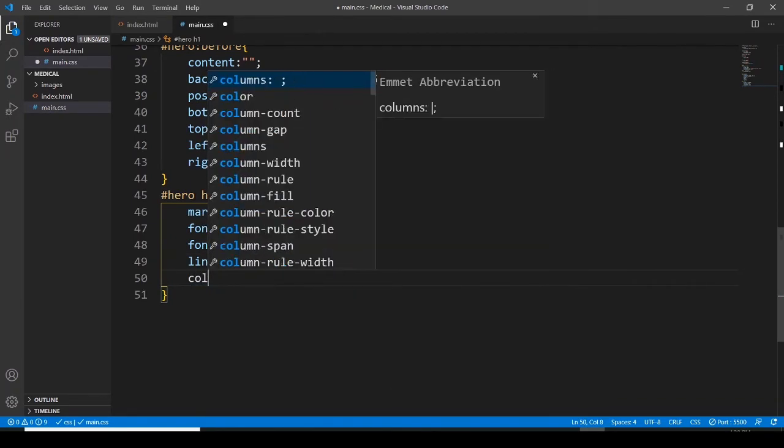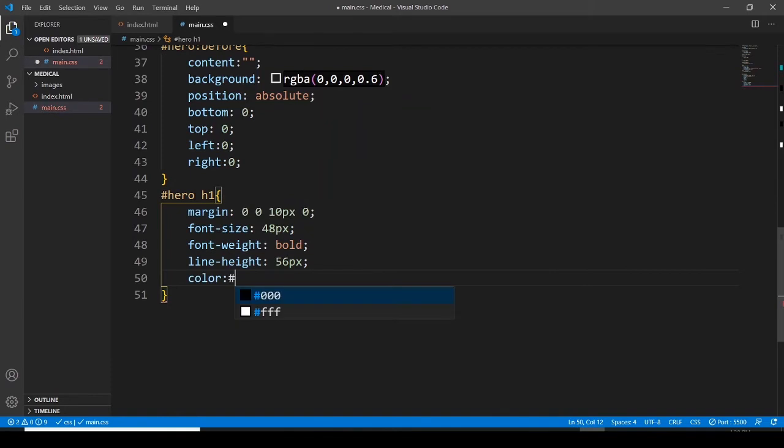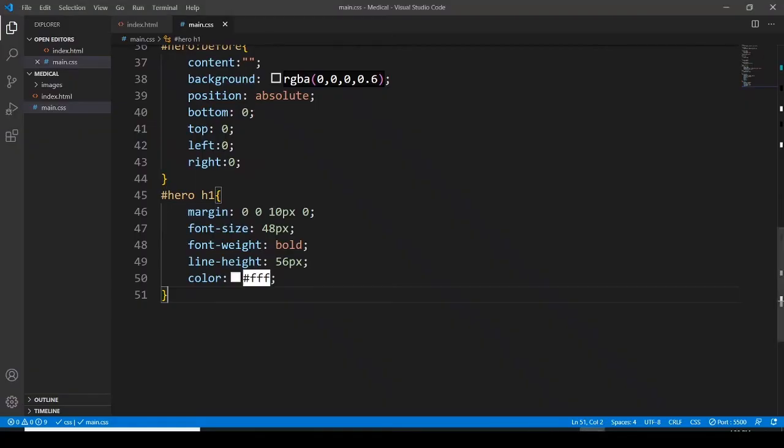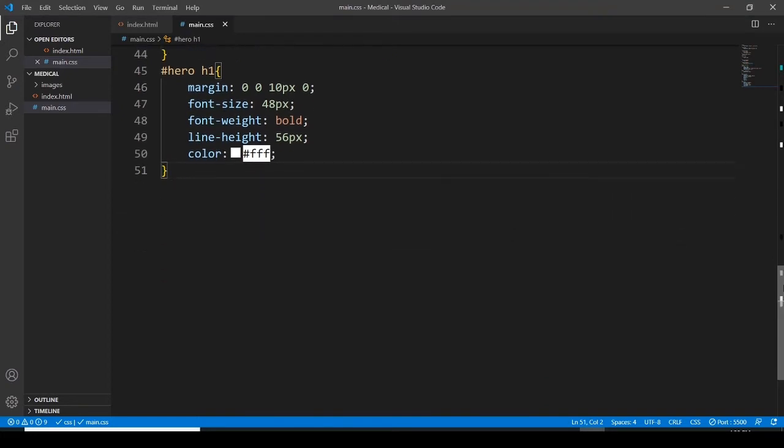Color for this is going to be white. Let's save it and I'll show you. Okay, so if you guys notice, there is a black color with opacity of 0.6, and this is the title here,